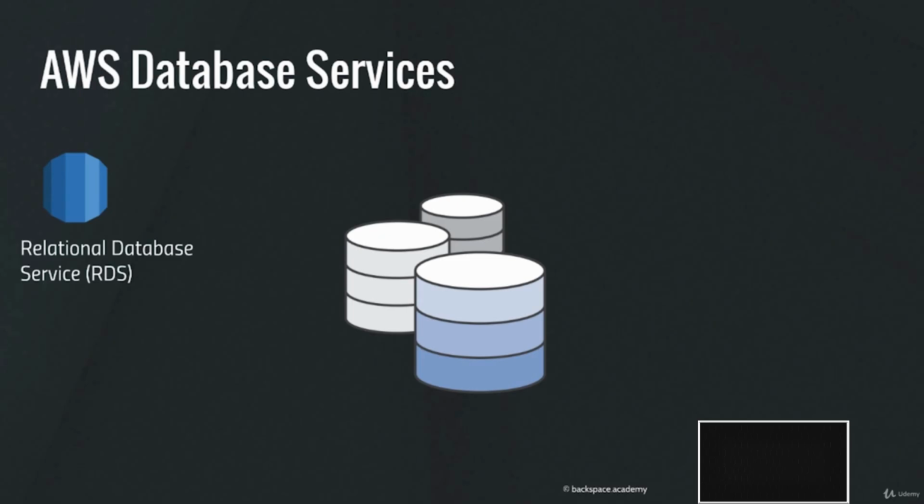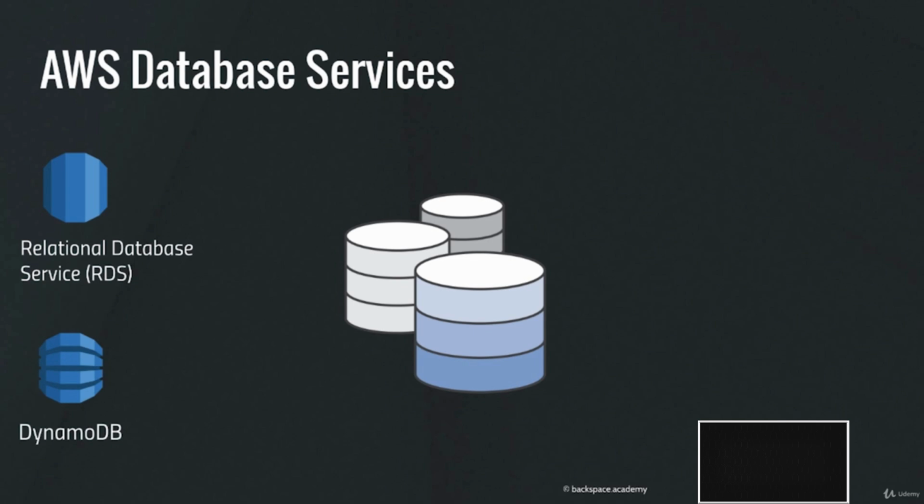The Relational Database Service, or RDS for short, is a fully managed database service that makes it easy to launch database servers in the AWS cloud and scale them when required. The RDS service can launch servers for MySQL, including variations of the MySQL database engine with MariaDB and Amazon's own enterprise version of MySQL, Amazon Aurora. Standard PostgreSQL is also available, and also available as Amazon's Enterprise Aurora PostgreSQL. Microsoft SQL Server and Oracle are also available.